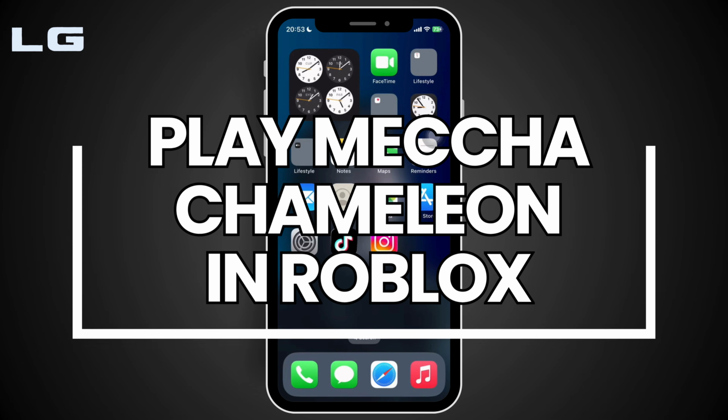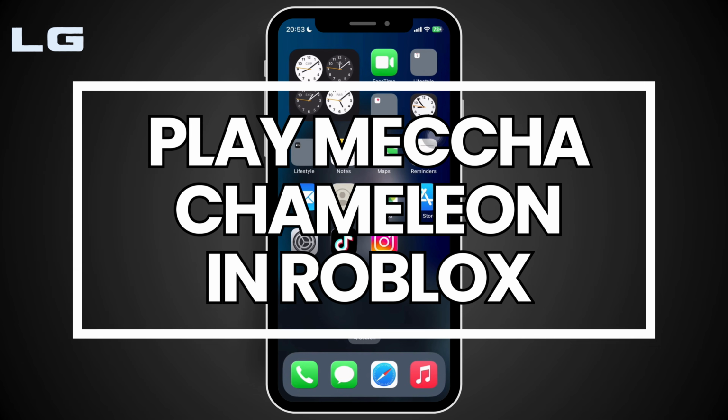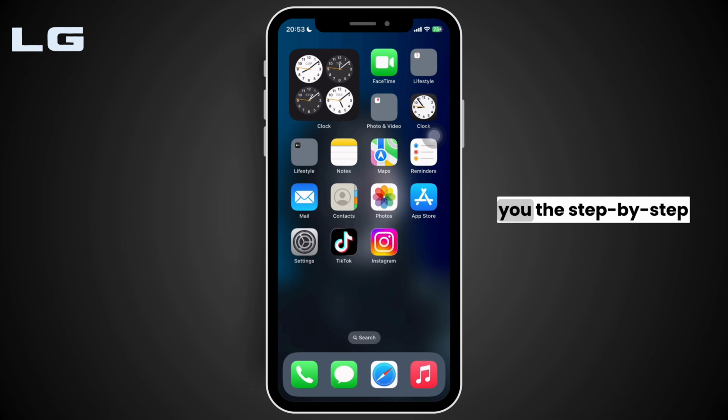Are you looking forward to play Mecha Chameleon on Roblox? Then you're on the right video. Today I'll be showing you the step-by-step process on how you can easily play. First thing first, move into your application Roblox,